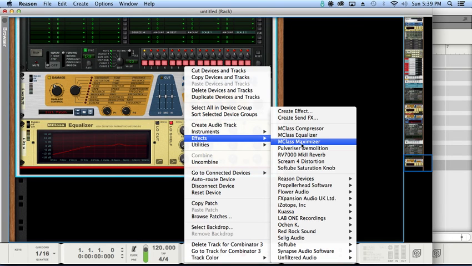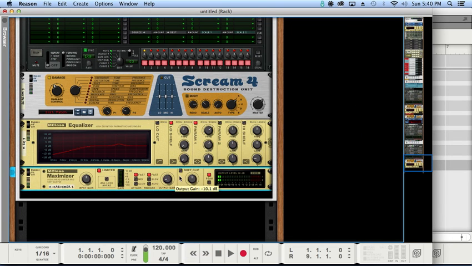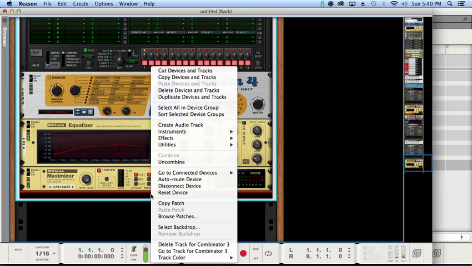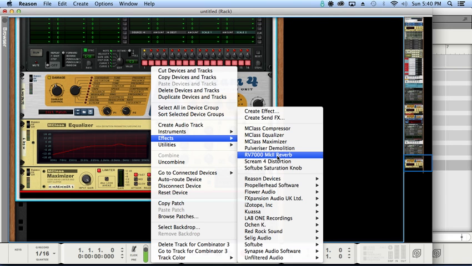First, we're gonna make a few last things. We're gonna do a maximizer. Turn the output gain pretty far down. Turn soft clipping on and crank the input gain, because you're gonna want some limiting here. Next is a